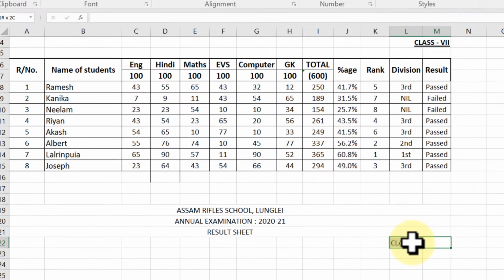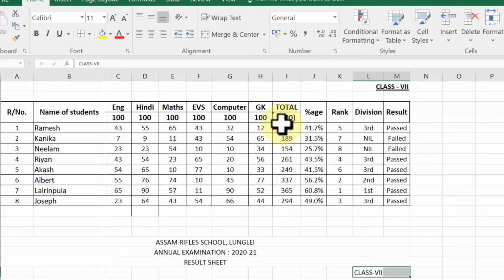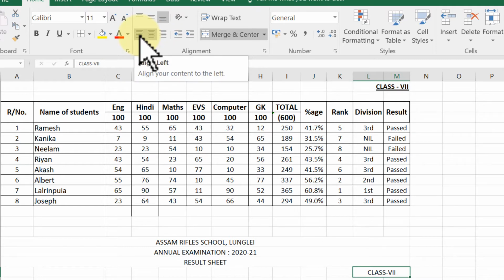First merge two rows. These two rows we have to merge. And press the Align Right button. Now it is looking nice. But other options are also available. For center, use this, and for left align, use this.